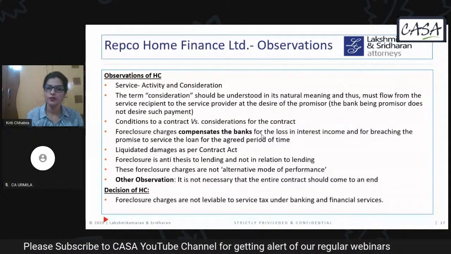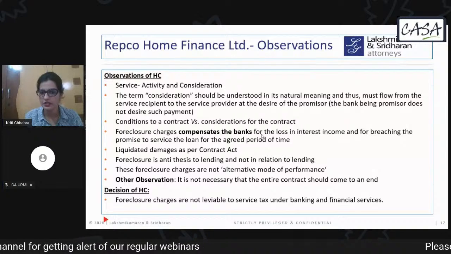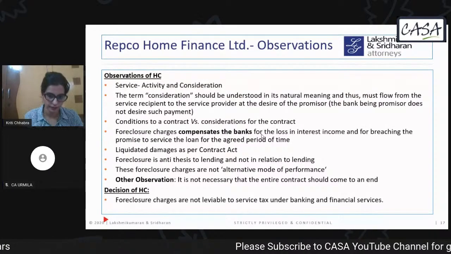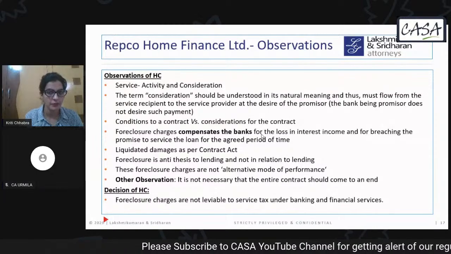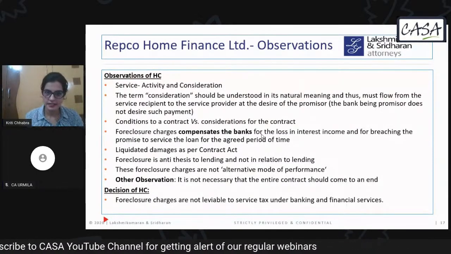So they said foreclosure is the antithesis to lending. This is not in relation to lending. Further, the foreclosure charges are not an alternative mode of performance. So this is again one of the most important observations of the court,